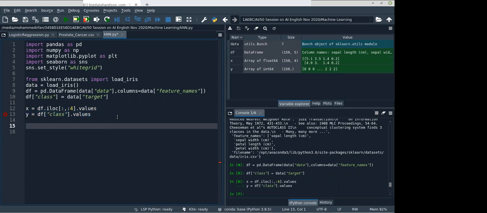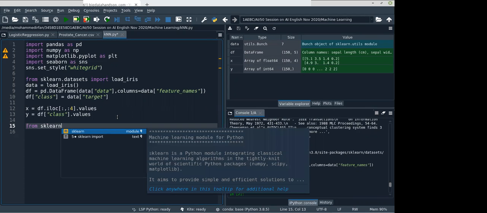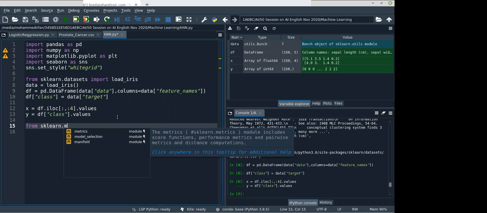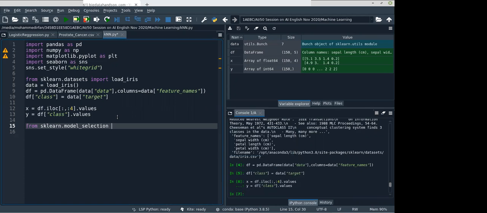Now we need to split the data into training and testing. So let's import the function train_test_split from the sklearn library, model_selection module. Inside this module we have the function called train_test_split, and this will return four values: x_train, x_test, y_train, y_test.